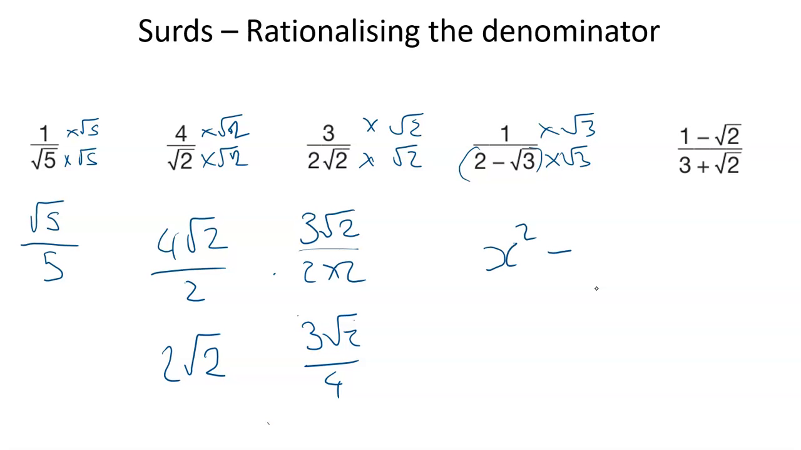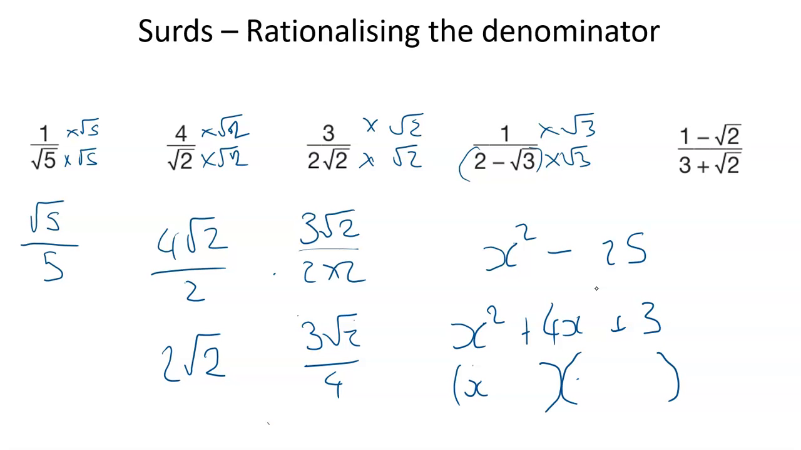If you have x squared minus a square number, and you're used to doing double brackets, you might have seen something like x squared plus 2x plus 1. Well, that gives me a repeating function, so let's not do that. Let's have 3 there, and let's have 4 there. And you might have done this before, where you put x times x is x squared, 3 times 1 is 3, and then 3x and 1x add together to give